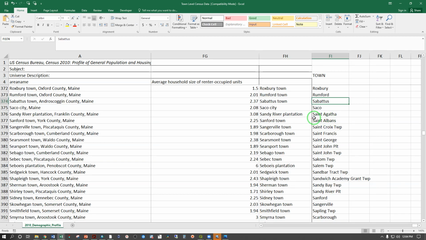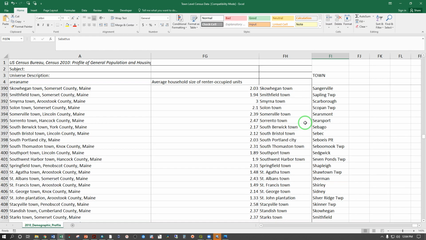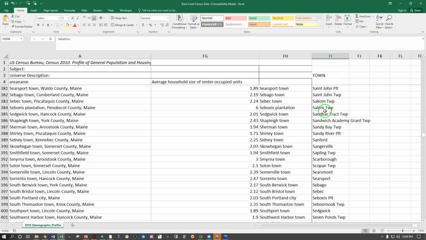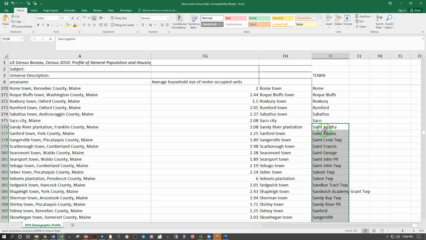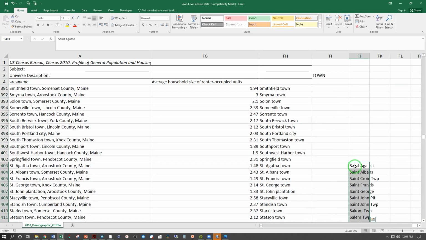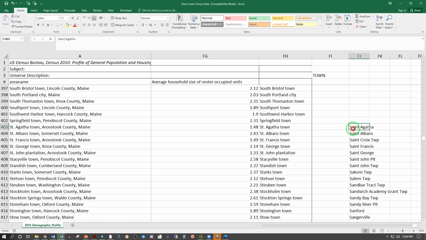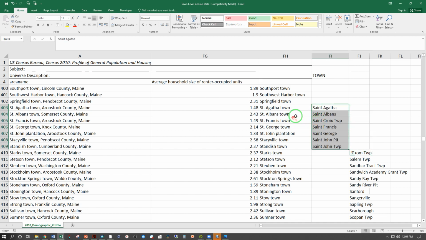Here's another fun one for you. So we have St. Agatha or Citigat, and all the way down here we have St. Agatha. So I've got to do a little bit of rearranging here to make the saints match up with the saints, and that's going to be a fun time. So what I've done is selected all that, cut it. So now I'm going to go down here, next column over, paste that in. Now I'm going to move all these saints in here, cut that again,